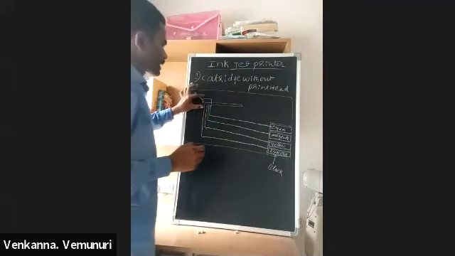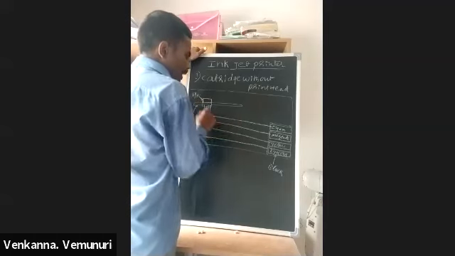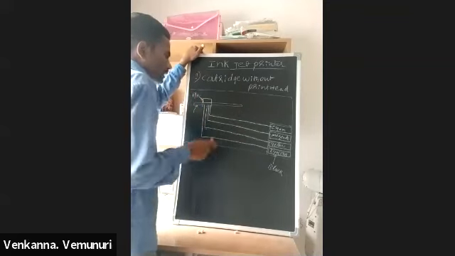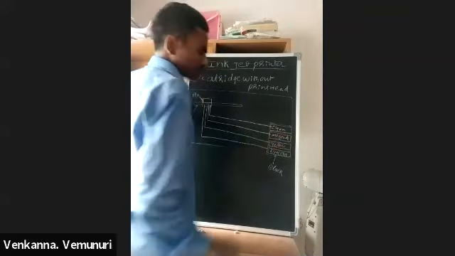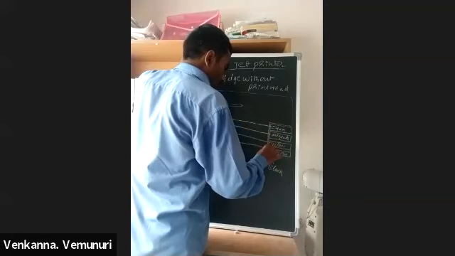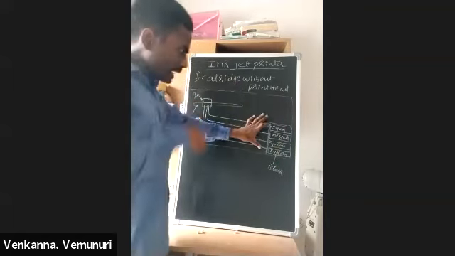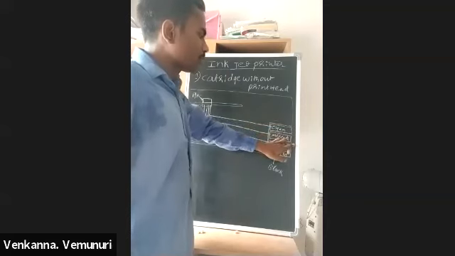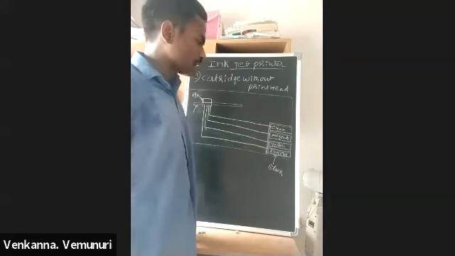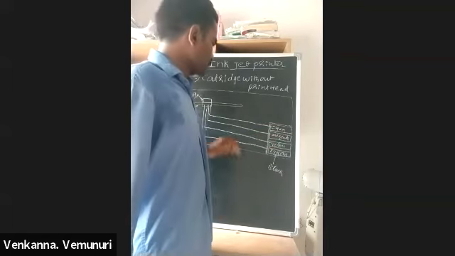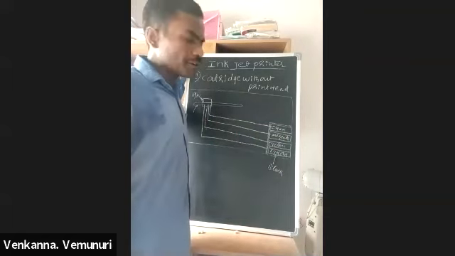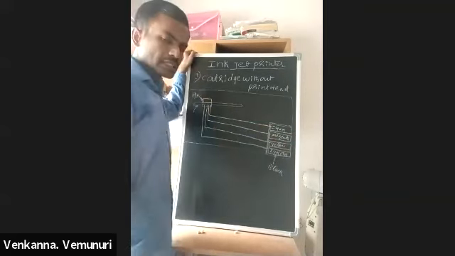Now, this is the print head, and these are the ink supply pipes. This print head moves freely on the carriage shaft, and it receives ink from these cartridges. The place in the printer where the cartridges are located is called the cartridge chamber. This cartridge chamber has one door on this side. We open the door, remove the cartridges, and insert new cartridges. This door also has one sensor. For example, if the printer is printing a page and suddenly you open this door, the printing process stops immediately.